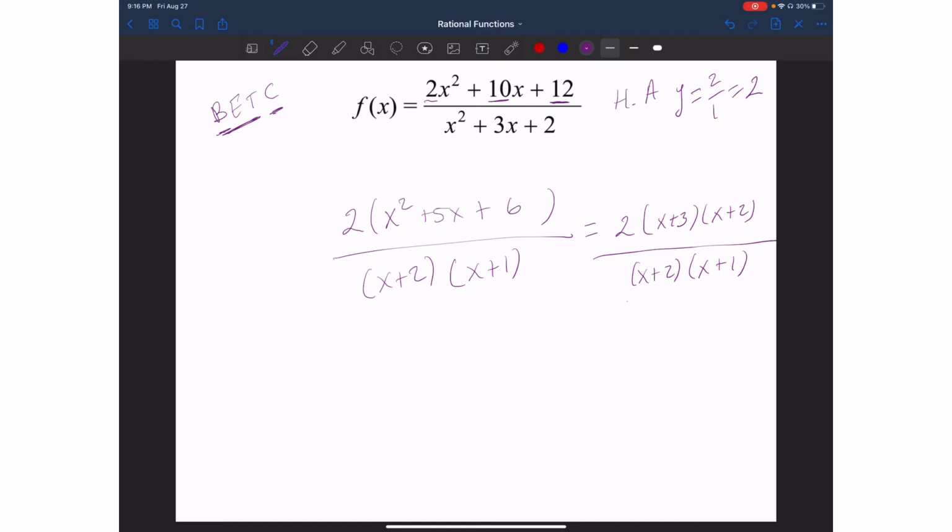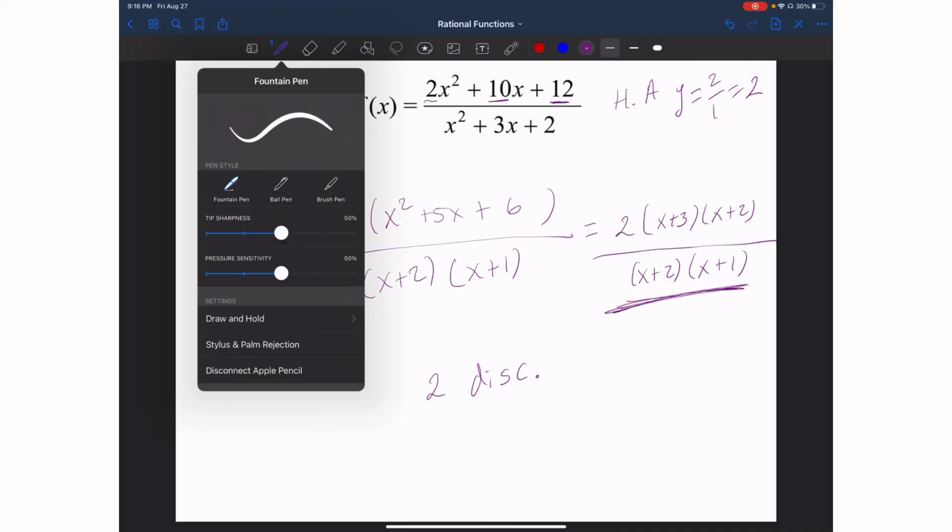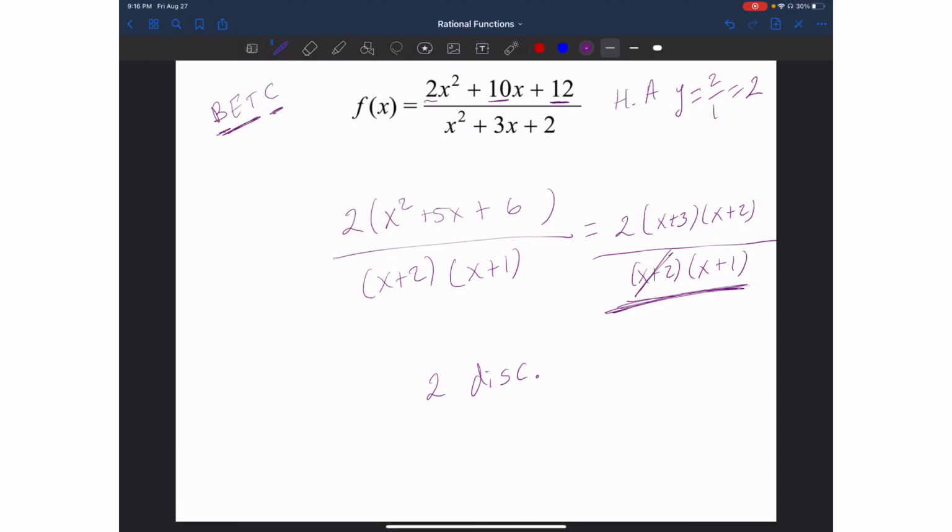And then I'm going to count the number of parentheses that have an x in the denominator, and it's going to be 2, meaning I have 2 discontinuities. Now I have to figure out what type they are. When I look at x plus 2, it does happen in the numerator as well. So it can be divided out, meaning x plus 2 equals 0 is going to give me the x value of my removable discontinuity. Once I solve for that, I get x equals negative 2,